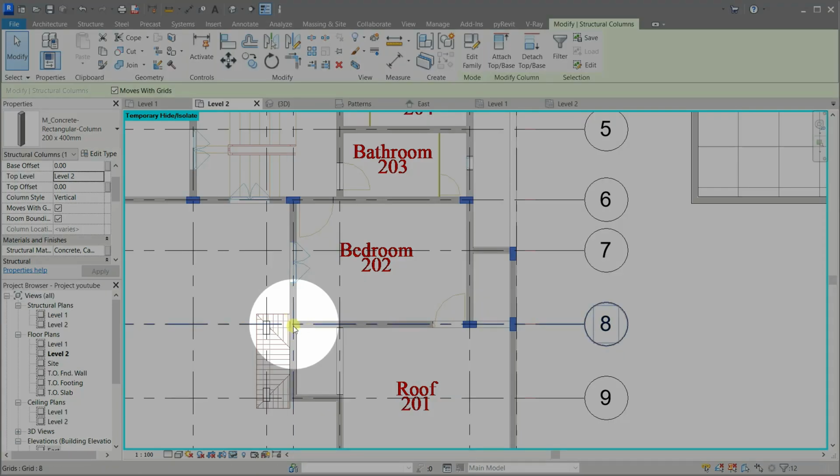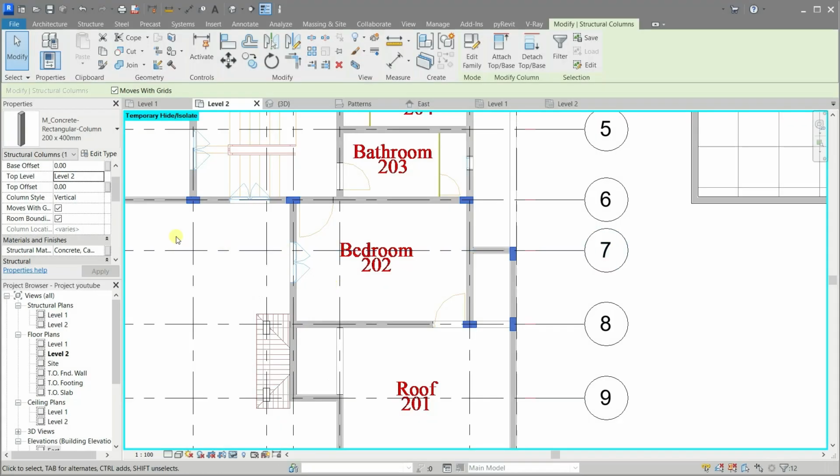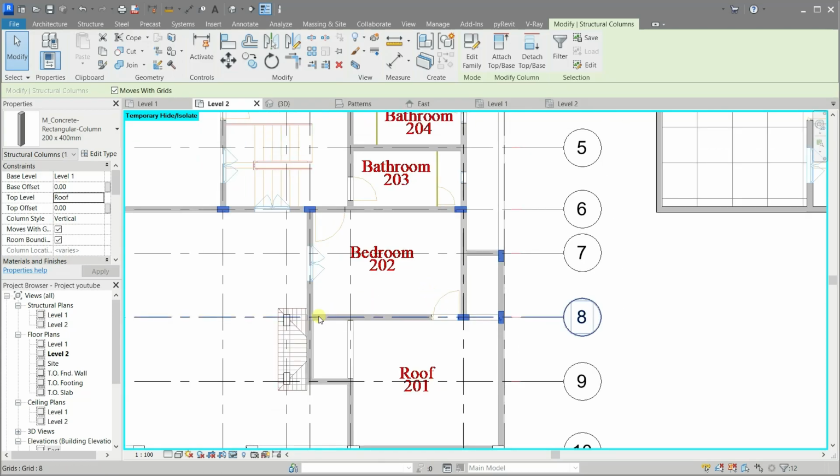We will need another column in this area. Now change the top level of the selected columns to roof to extend them to that level. Now copy the selected column to the empty edge.